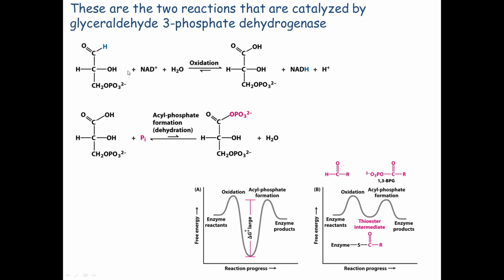Right? We'd rather have this carboxyl group also accept a phosphate, which is not favorable at all, as you can tell. Right? So I couple the 2 together. And this is a very unusual thing with enzymes. Not unusual to be coupled, but the way in which it does it. If you were to follow these 2 steps, this first one and then this second one, on a reaction progress diagram, remember this from our talk on enzymes, it's the progress of the reaction, not necessarily time, and then the free energy, or